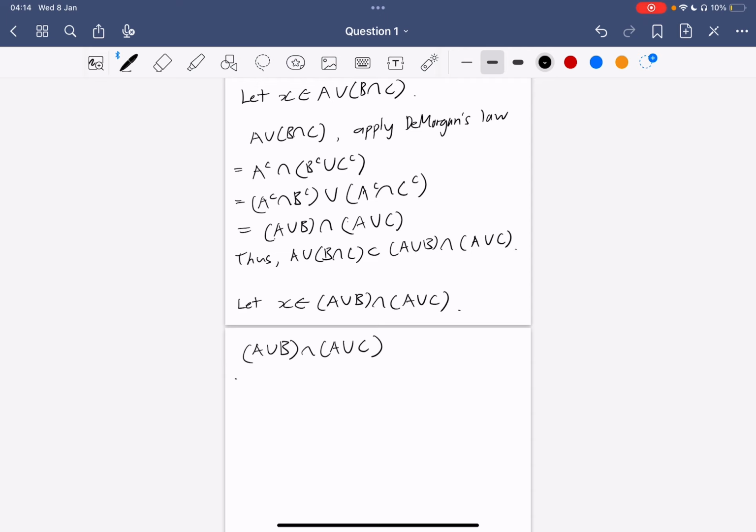Okay, applying De Morgan's law again, we get A complement intersect B complement union A complement intersect C complement. And once again, we use the distributive law from part A. We would get